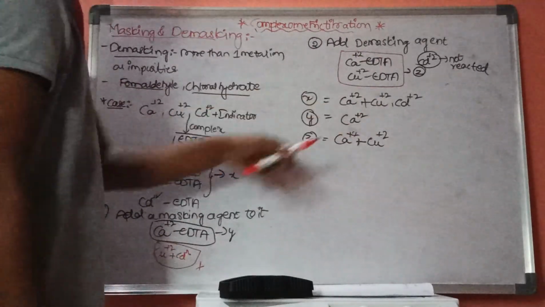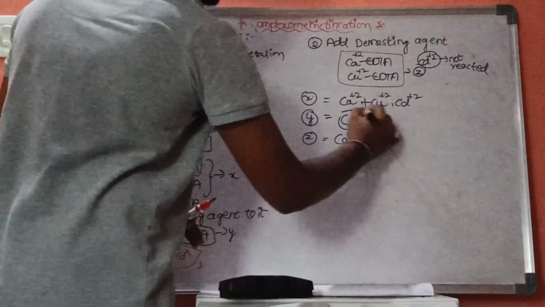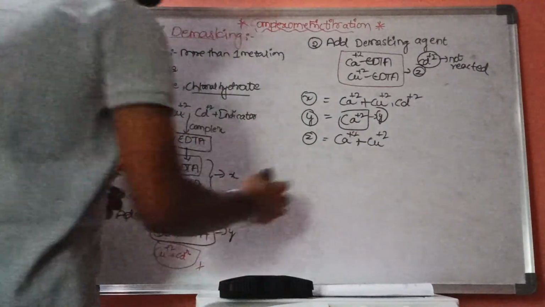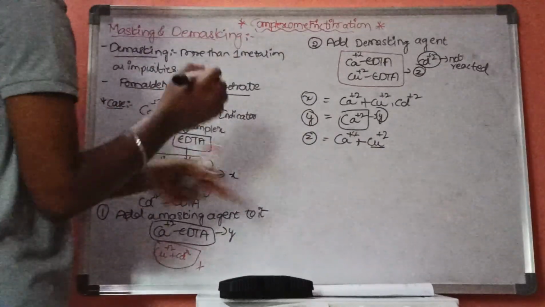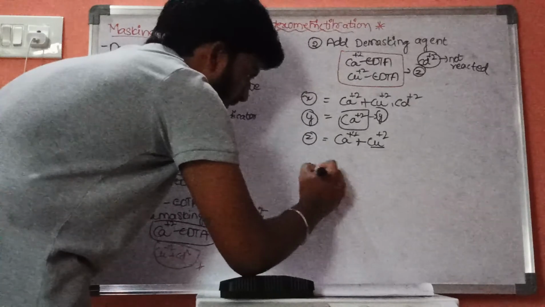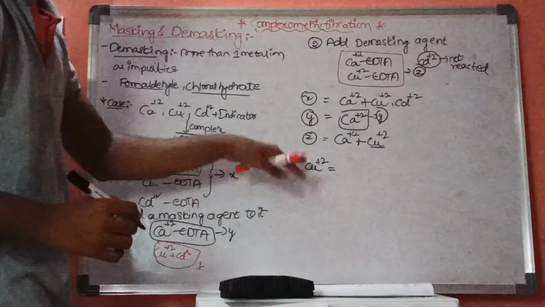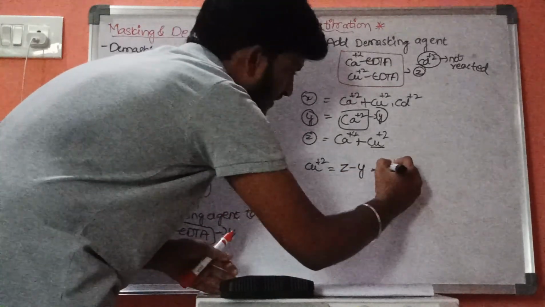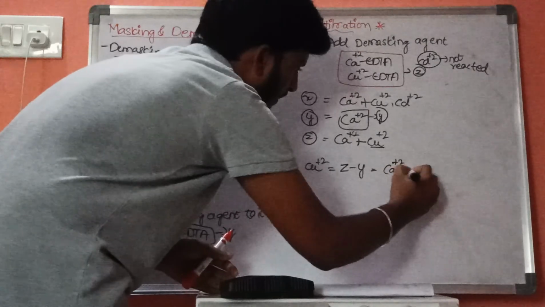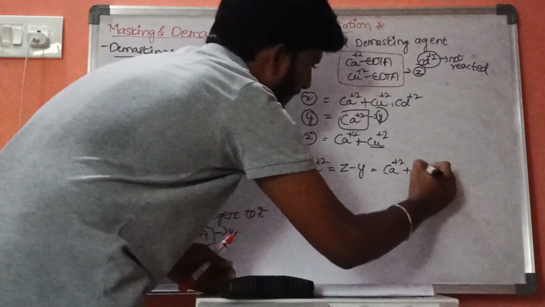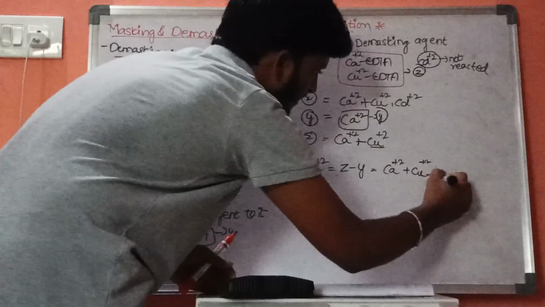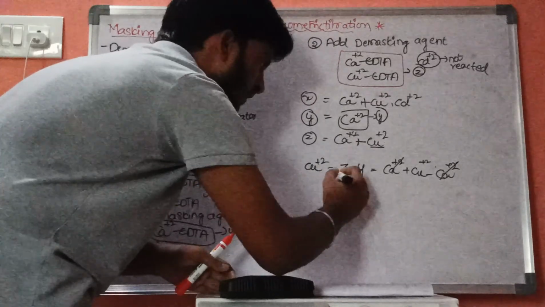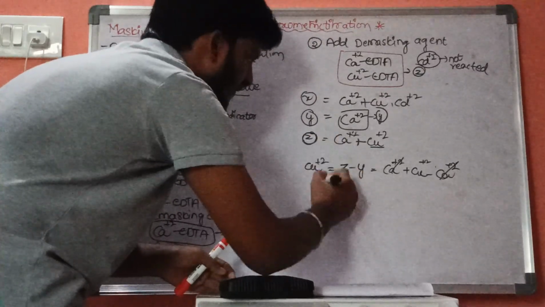Now if you want to identify the concentration of every single metal ion, first we know that calcium has Y concentration. If we want to know the concentration of copper, it is Z minus Y. Z is Ca2+ plus Cu2+ minus this calcium. The calcium will get cancelled. As a result, Z is equal to